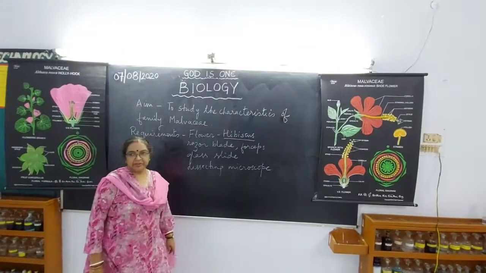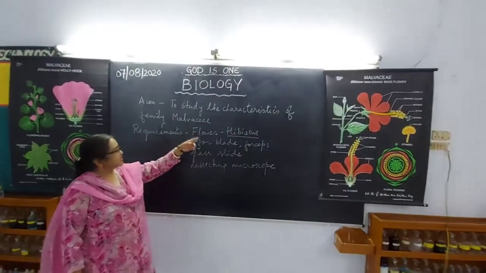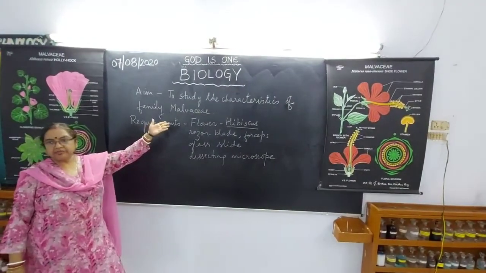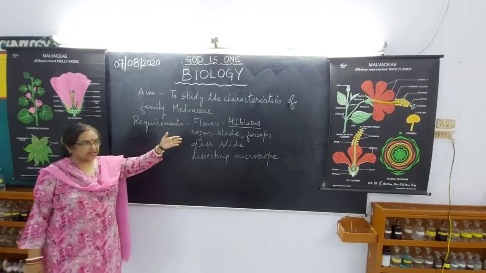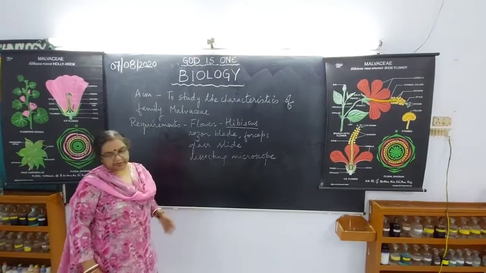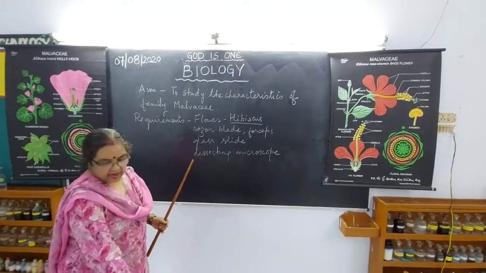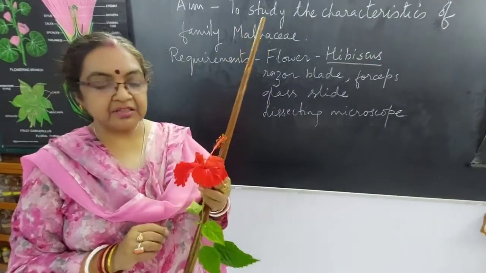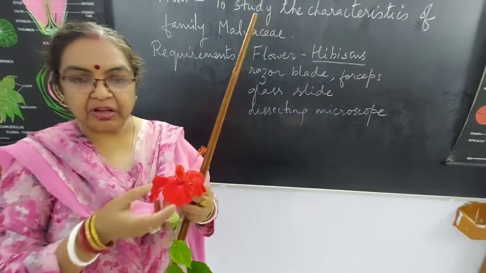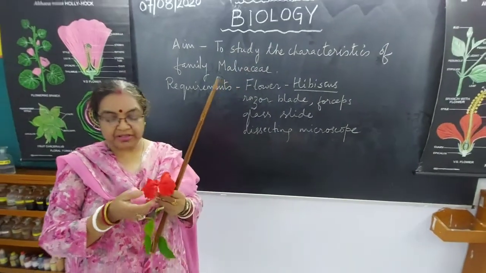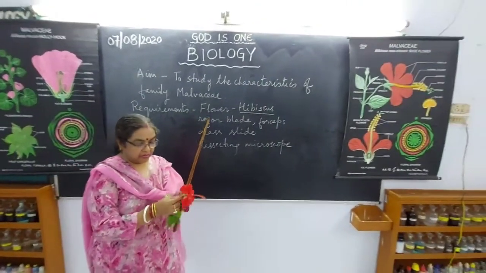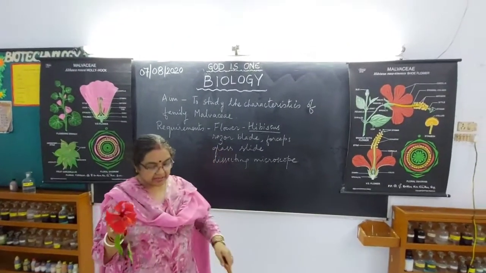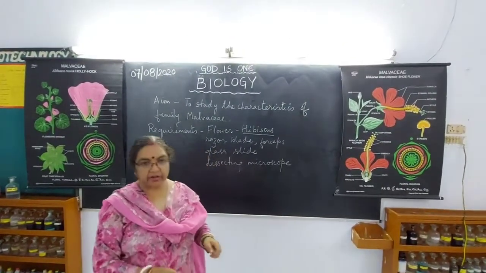Students, we will be studying the characteristics of family Malvaceae. Malvaceae is a very common family which we see in our garden, and today we will be discussing this flower which we get easily in our garden. It is called Hibiscus rosa-sinensis. You all must have seen it. It grows everywhere. It's a very important family, children, so we will be discussing some of the important characteristics